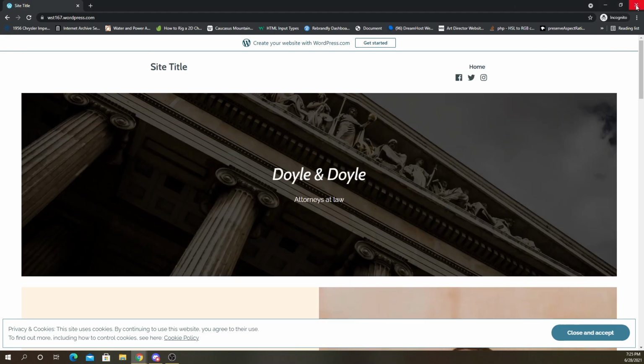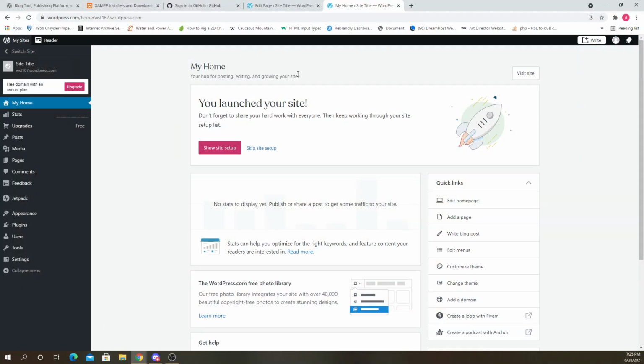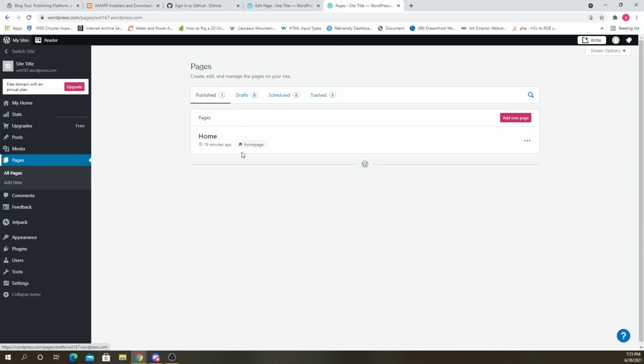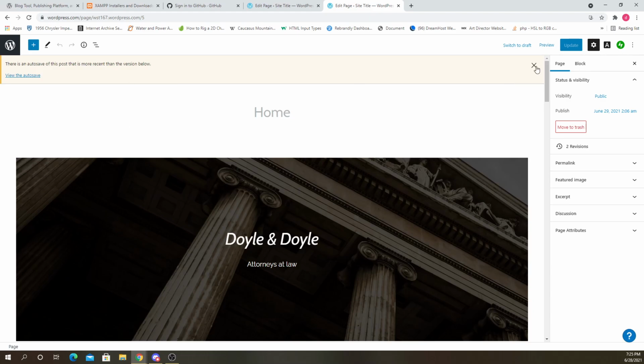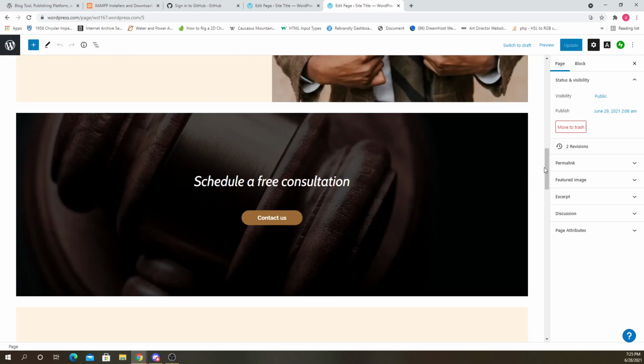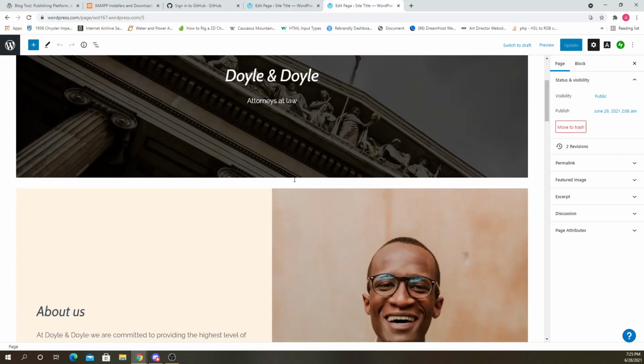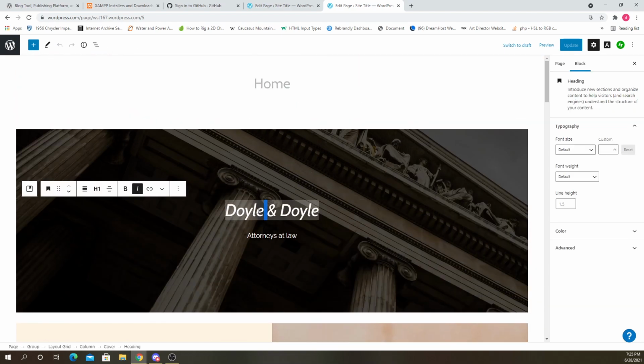Okay, so let me close this incognito tab and let's check it out. So if we go to pages now, we should see one home page. This is from the template. If you click on that, it will show us that one home page. Here it is again. And we're back to this editor again. Like I said, this was the editor for editing your pages. So this is where you would go if you wanted to make some changes here. Like change that to Bob and Bob.